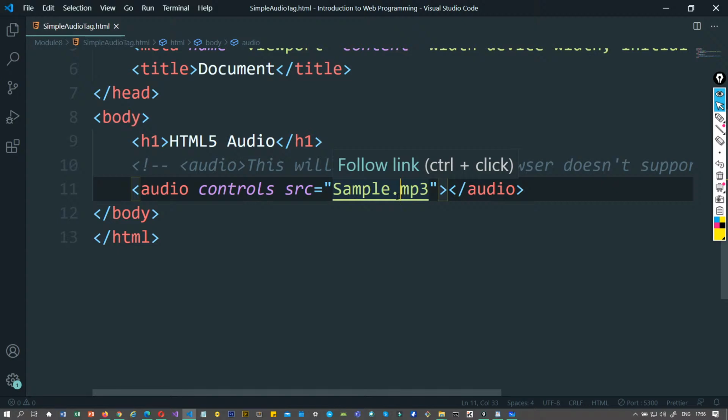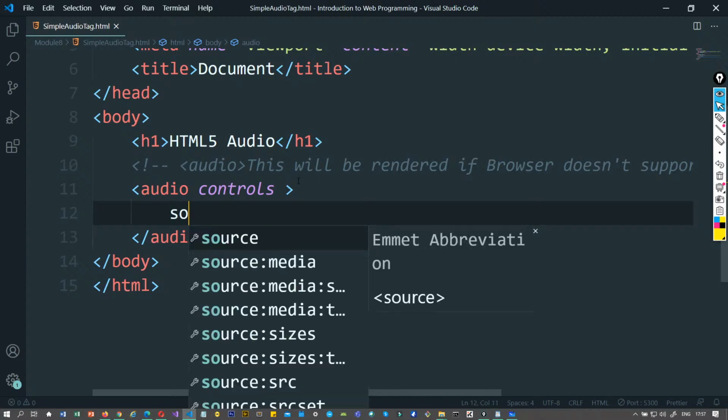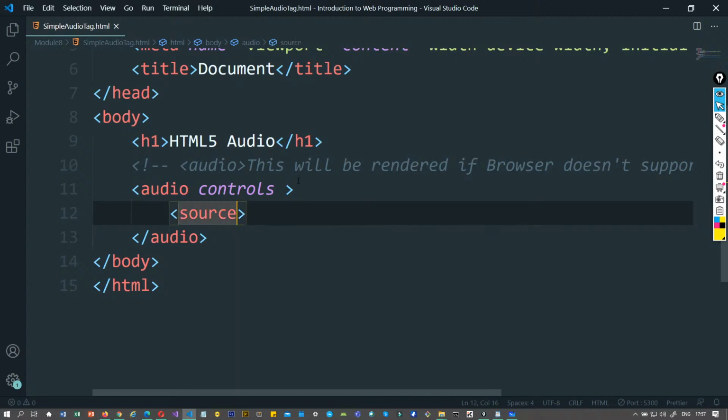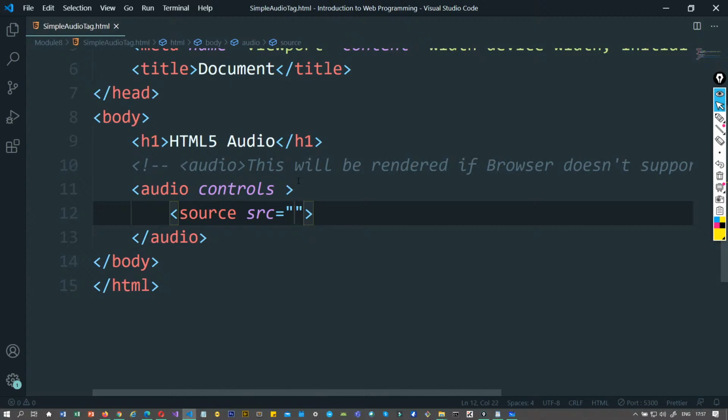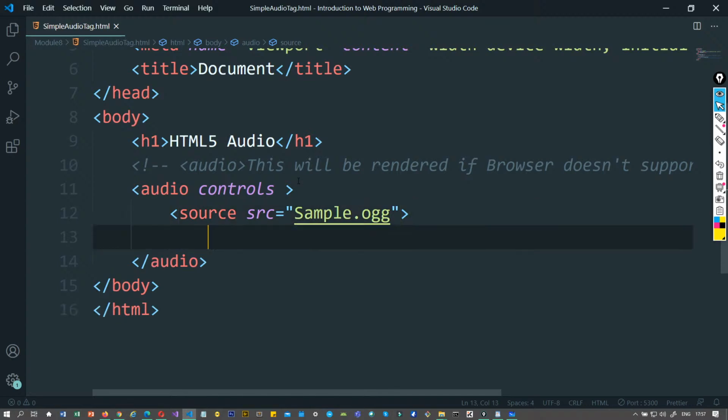And that's the reason why, rather than going back and specifying this source in here, right, it's a better way to go back inside the audio tag and have a source tag being present here. And in this source tag, I can mention, so we'll see the advantage of using this source over the other, fine, rather than just specifying source equal to one single .mp3 file. Now let's say, for example, I have a sample dot, for example, this is OGG. Now I don't have an extension of it, fine, but let's say I'm having a sample.ogg file, and the type